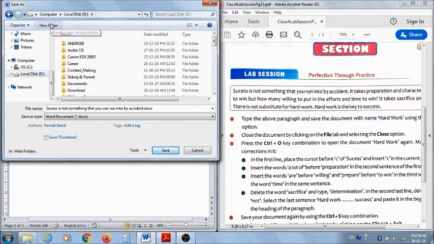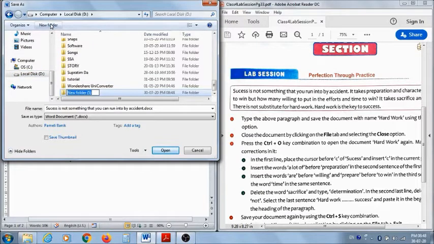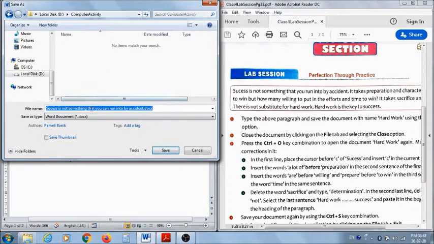So if you are saving it in a drive, you can organize by keeping it in a folder. So let's create a folder and let us give the name of the folder as computer activity. Now press enter and open. Here you will give the name of the file.